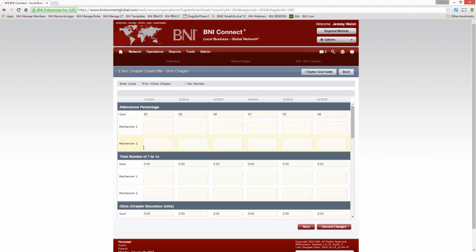Now, the mechanisms that we use are, again, helping you to organize your leadership team efforts. So maybe this month we're going to work as a leadership team as far as attendance goes to make sure that the vice president is sending out the control letters when people miss a meeting. So they send out the control letter at 2 absences and 3 absences, and maybe have a sit down with the member that has more than 2 or 3 absences. So we're going to put in here as one of the mechanisms, VP sends out control letters for absence.